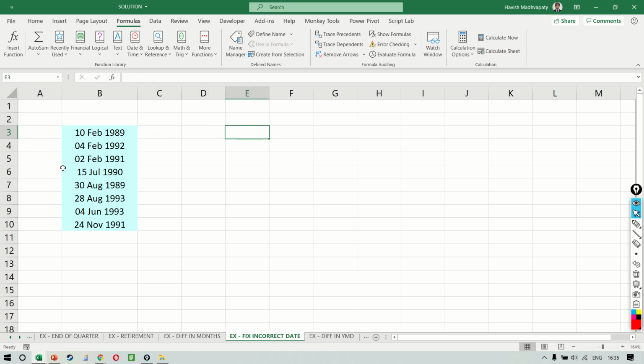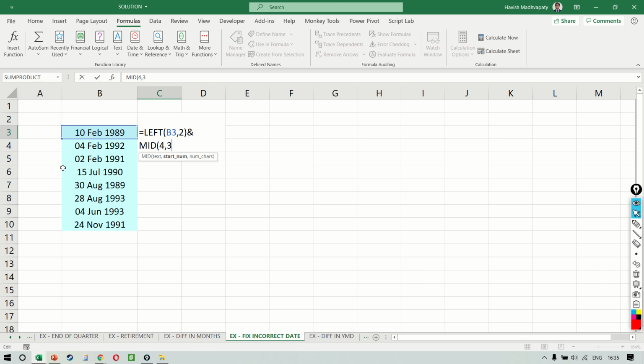Now, how do you fix it? One option would be to go to every cell and press enter, but that's not really what you want to do. We want to get a formula that will do this automatically. So the first thing I want to do is to take out the left two characters. That gives us 10. I will concatenate from the middle, from the fourth position, three characters that will give us,